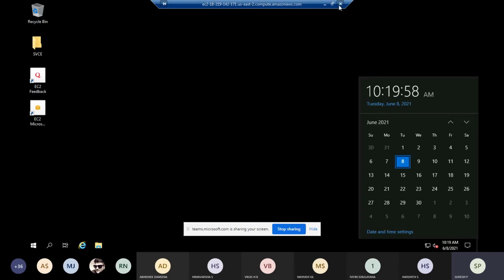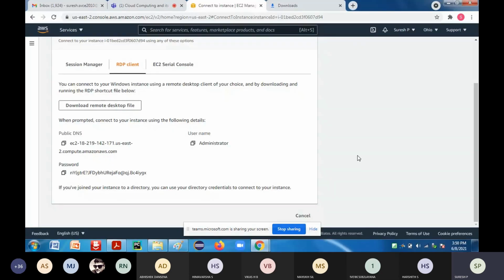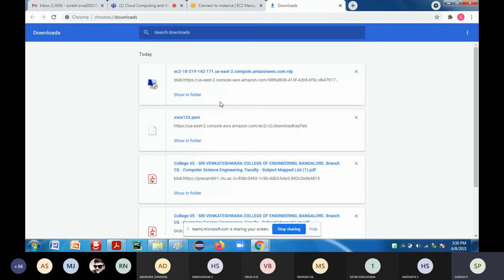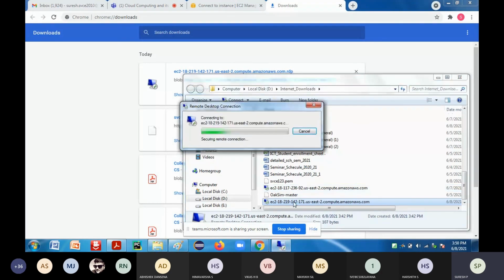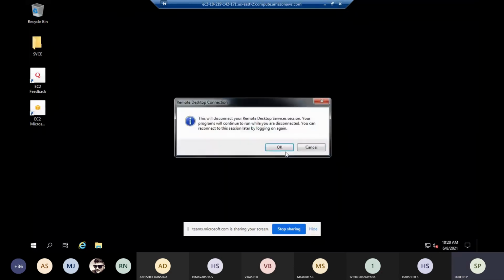Now you can disconnect the remote desktop connection again. You can press OK, and that is going to terminate that particular connection. Since it is already downloaded, you can go and start it again. This particular instance is already created, so again you can use the same password. Since you have already saved that instance, with that image you can open that operating system again. So that is created, that is done. This is how the instance is created and how it will be deployed.